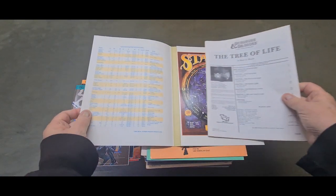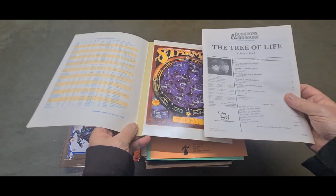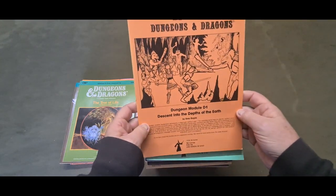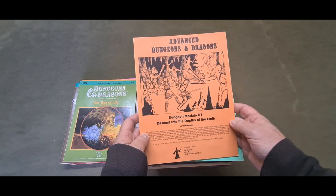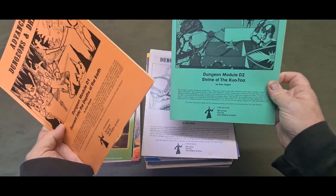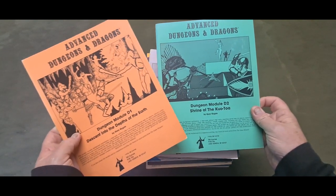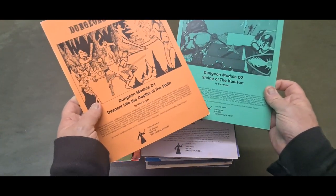So again, sadly, and of course if you try to pick up so many of these old things now, every man and his dog wants far too much money. And I can remember I could pick these old modules up for like $5 a piece, you know, back in the 80s. But like everything now. But yeah, these were the original first releases for these